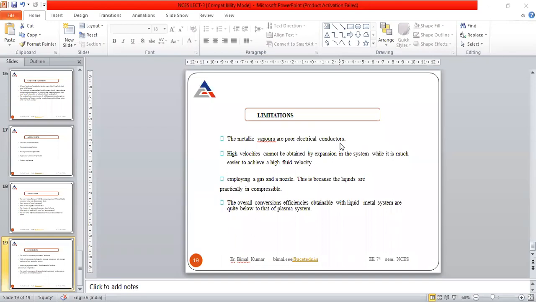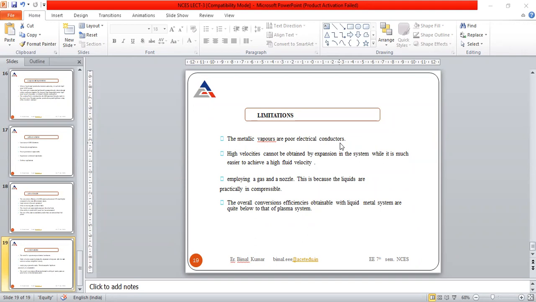The next is limitations of the MHD generator. First of all, metallic vapors are poor electrical conductors. If you compare with an ordinary conventional generator, in that case we are using a coil which may be made up of copper conductor or aluminum conductor, but in this particular case we are using metallic vapors, and metallic vapors are poor electrical conductors. Then the second is